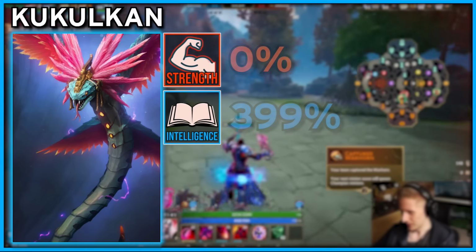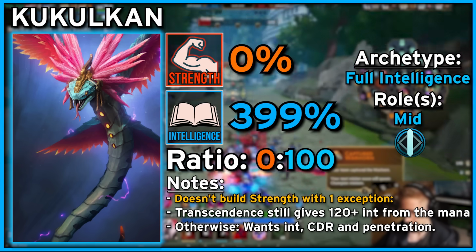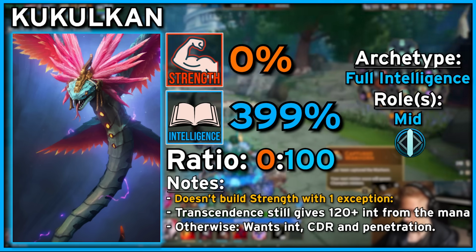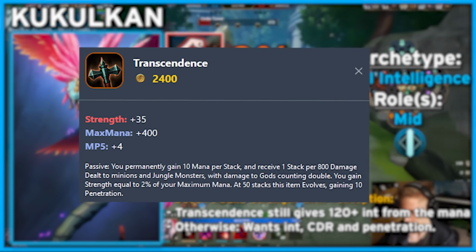Next up is Kukulkan, who also has mono scaling but with intelligence this time. He isn't a major basic attack user either, so won't benefit from strength in any major way. However, there is one exception to this rule specifically for Kukulkan, and that's Transcendence. While you won't benefit much at all from the strength conversion part of this item, it does give 900 mana